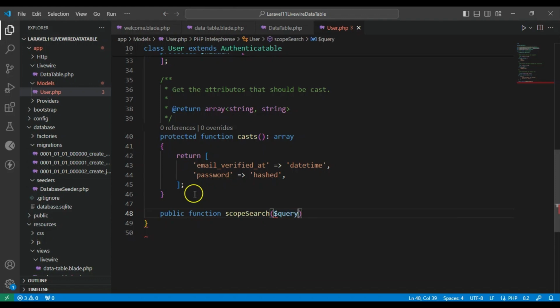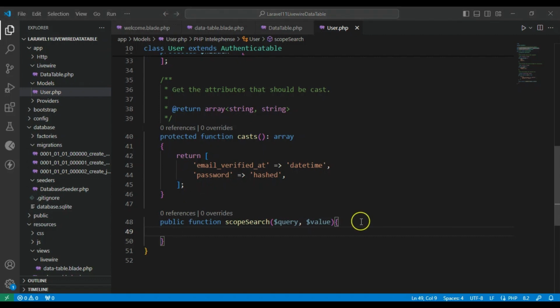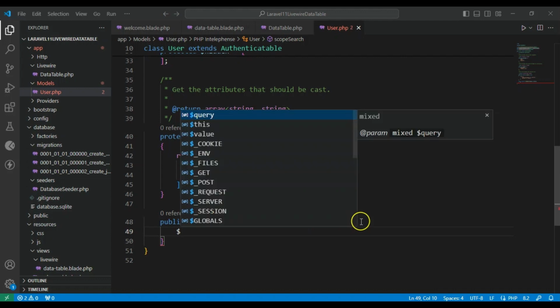The first parameter is a query and the second parameter is the value. So inside the function we need to create the query,